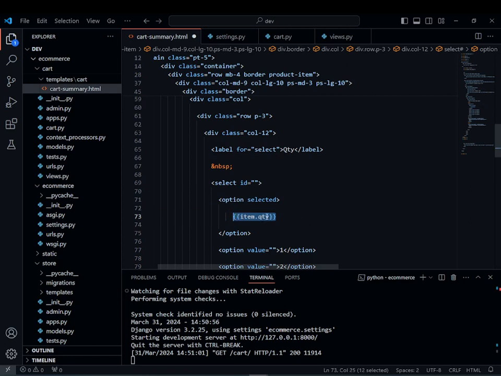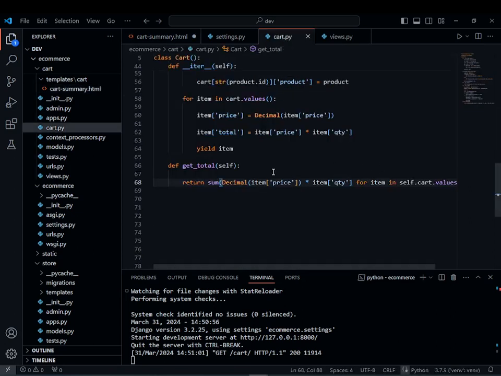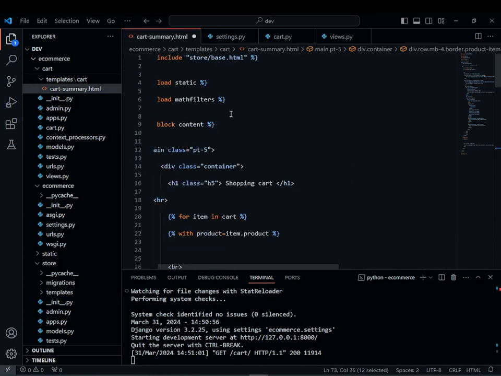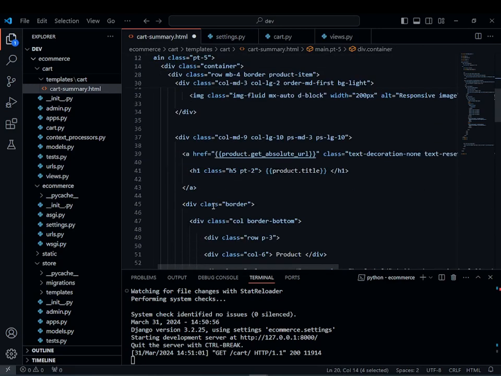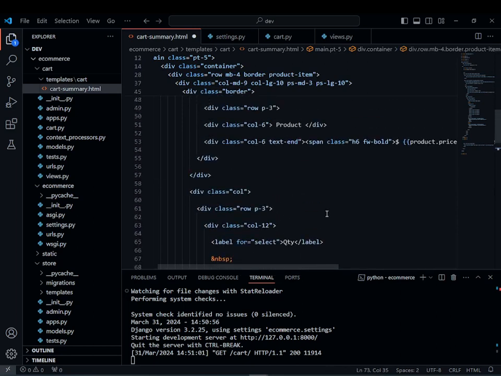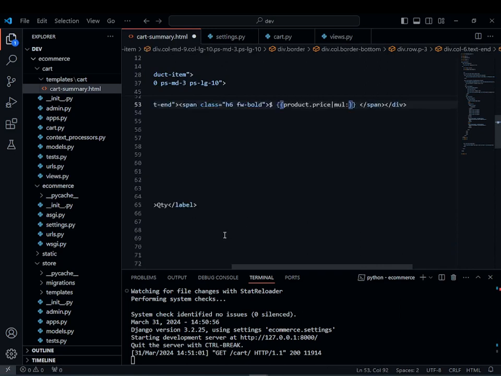That's how we are accessing our quantities. Like if you go to the cart, we set qty to access our quantity, and above here, when you created a for loop, you set item. That's how we are accessing that quantity. And now we want our price to multiply by that quantity. So just